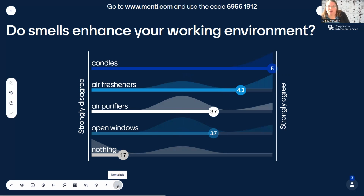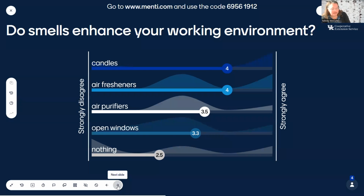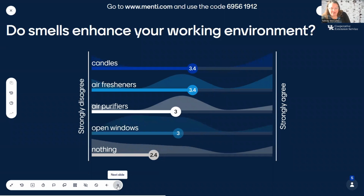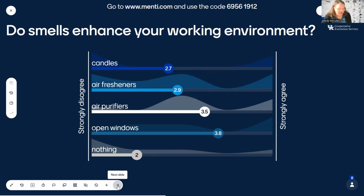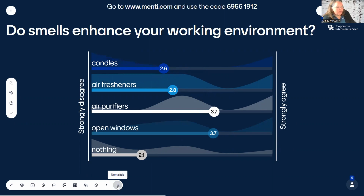Some of our offices on campus don't have windows that open. We have a lot of those in our building in Erickson Hall. I don't know if it's just because the building is so old that the windows just don't open. And so having the ability to open would make some people really, really happy. So you never know what might be important to some people. So all of these are things that you might want to think about,